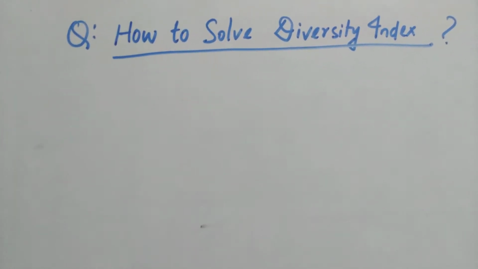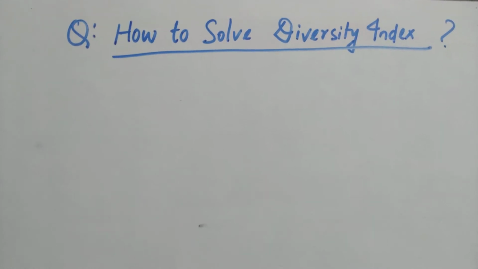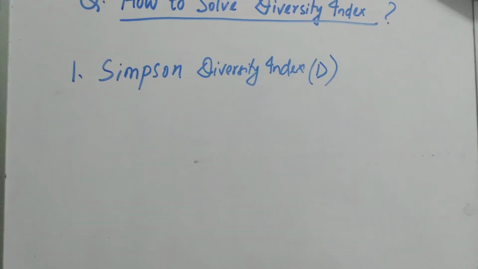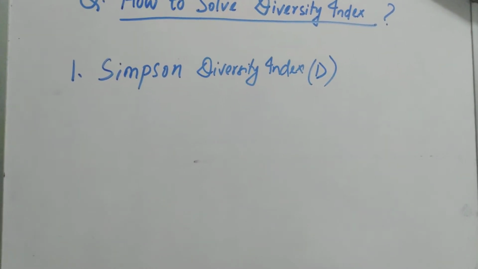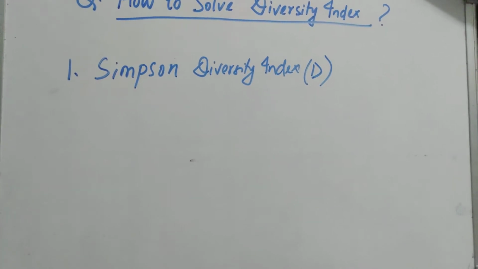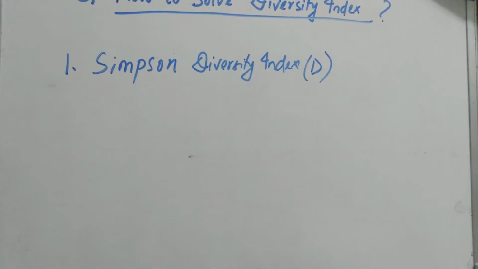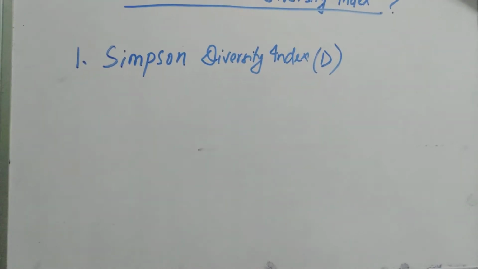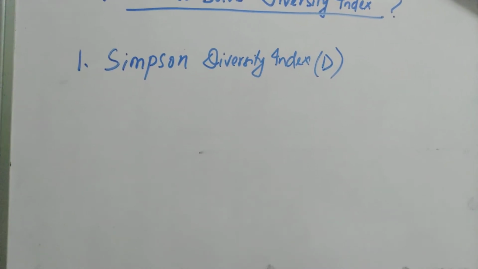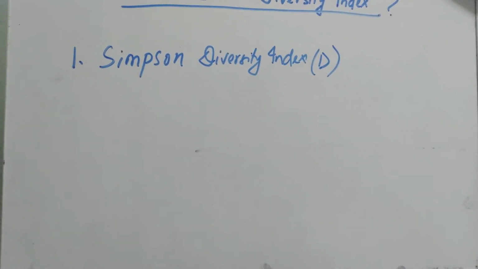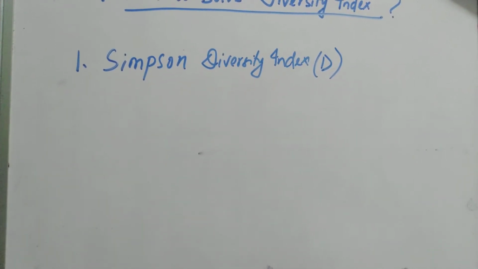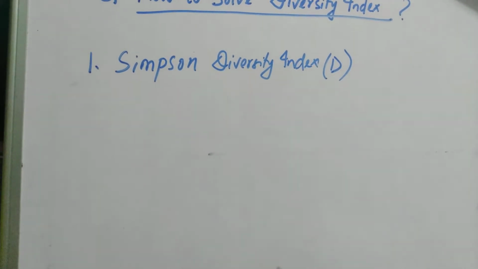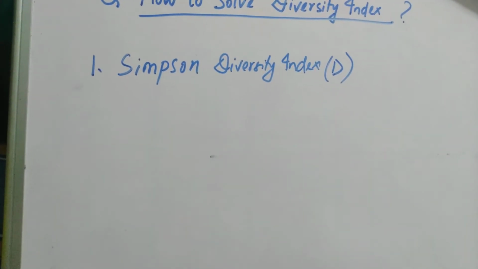Let's start to discuss. There are a variety of diversity indices, let me tell you. The first one is the Simpson diversity index, denoted as capital D. You just have to remember this. We are not discussing it right now, because after finishing all three to four diversity index types, we will try to remember them. Okay, so the Simpson diversity index denotes the species diversity in a particular area. So what is the formula for that?